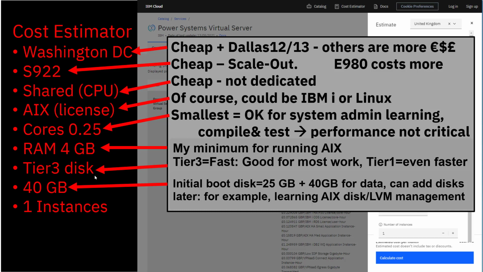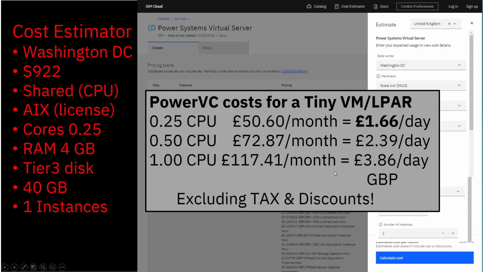Again, we're going for price reduction right here, so we go for tier 3 disks. Come back to that later. I went for 40 gigabytes of disks as my sort of starter size for my data, which is in addition to the operating system disk. So then I clicked on the cost calculator here for different amounts of CPU, and you can see